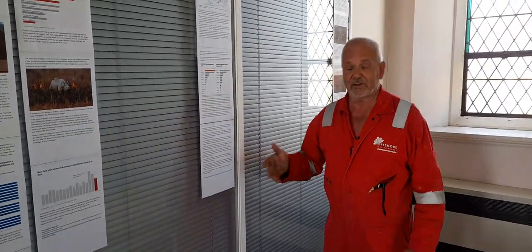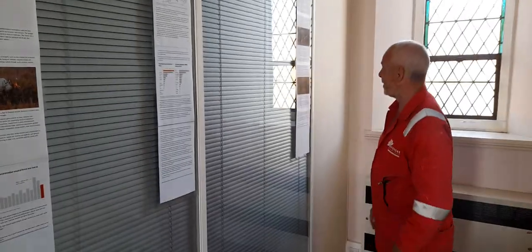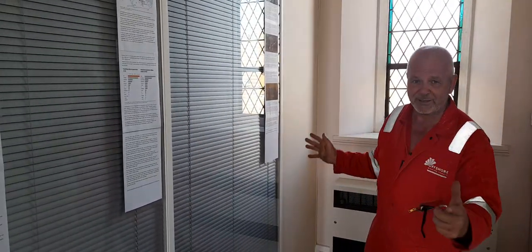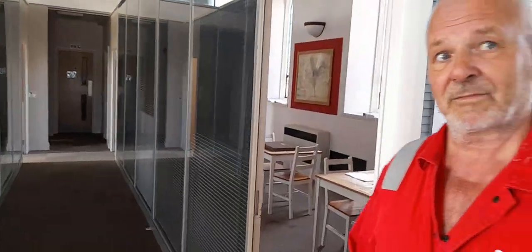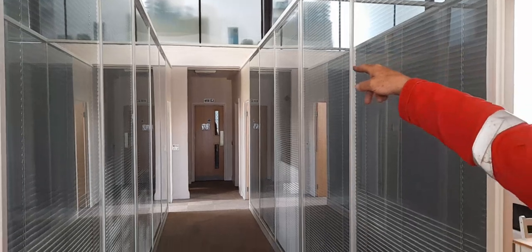Here's another article about the environment, loss of protection within the UK. Here's another about species depletion. I know there's spaces here, but we are going to fill these spaces with lots more. Hundreds and thousands of news stories we can put up here. We only opened 2 weeks ago, so you have to forgive us. There's a lot of construction going on. And again, down this corridor here, that's going to be filled with more news stories, and there's a lighting system we're working on right now to go up